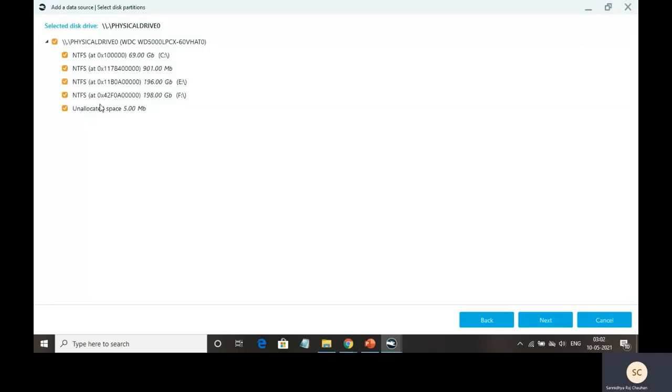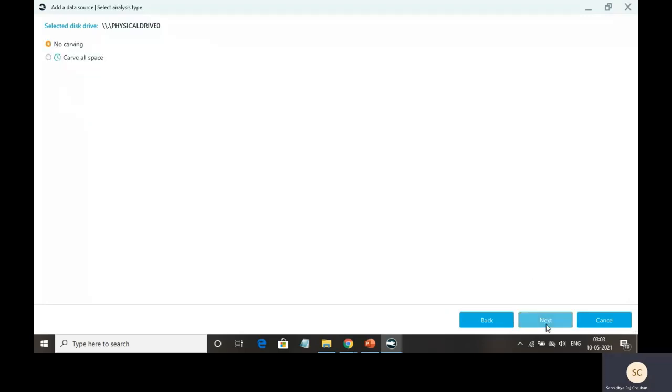Here some specifications are given, that you can select C only, then E only, then F only, then only unallocated space. So let's go for the unallocated one only, because it will take less time.